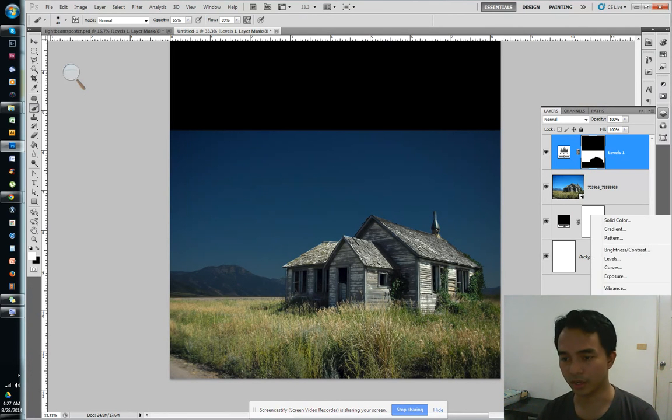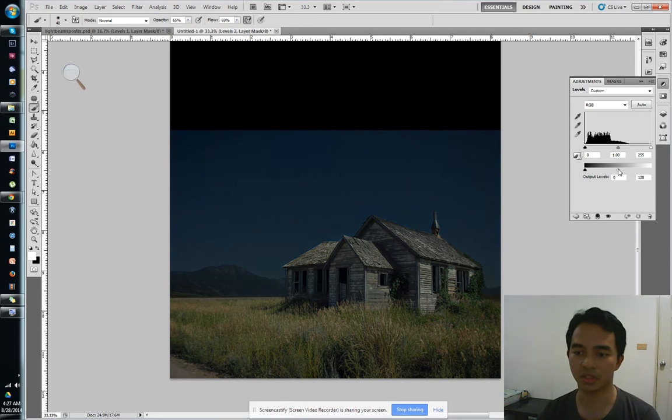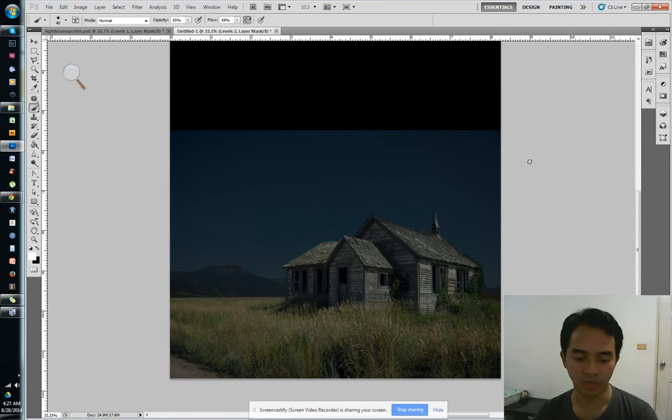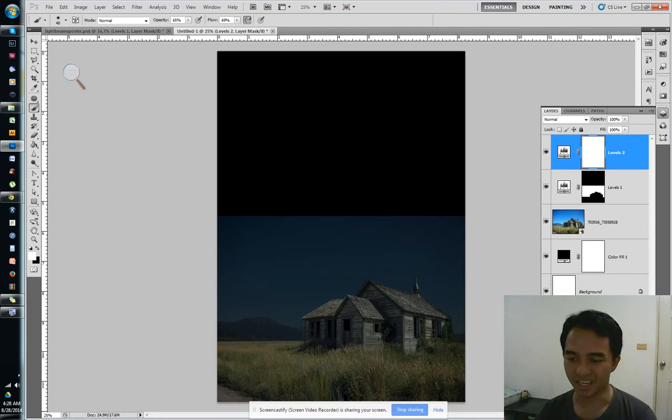We're going to again add another levels layer and darken the whole image so that it would match up to the real thing, which is the night time. So we've done that. The next thing that we're going to do is to put on the lights on the windows and the light beam. So we can do that by again creating a layer and painting on that layer, or we can do that with